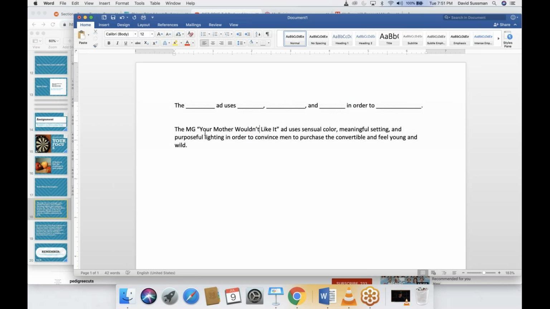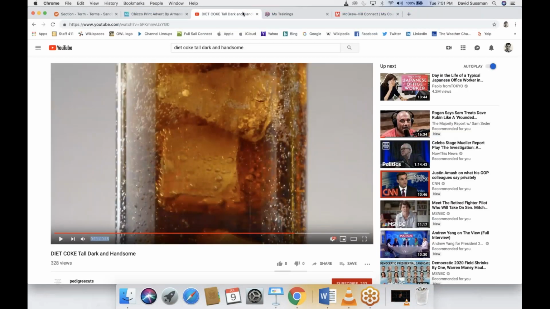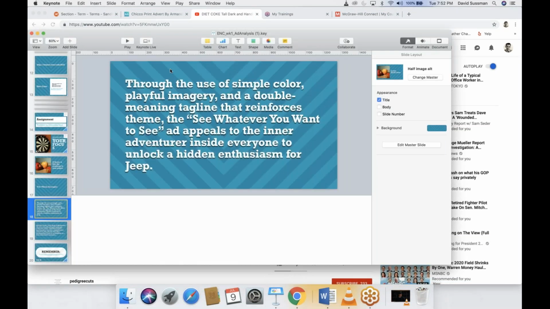We're listing three things. The MG, your mother wouldn't like it ad uses sensual color, meaningful setting, and purposeful lighting in order to convince men to purchase this convertible and feel young and wild. I don't like the wording of this at all, but okay, I could fix that. But the important thing here is, do you get the gist of what I'm saying? You have to choose an ad and be able to spot three things and put them in a sentence that captures all this. So if we go back to our examples,